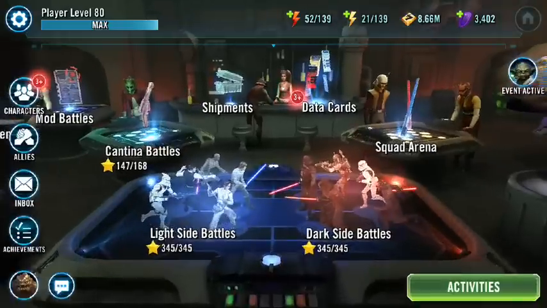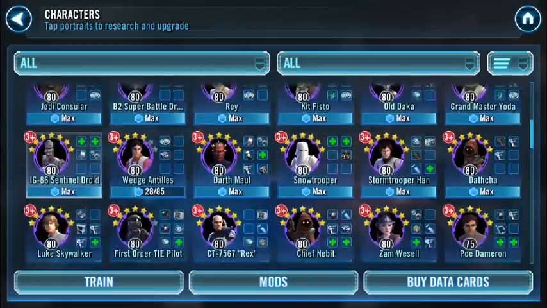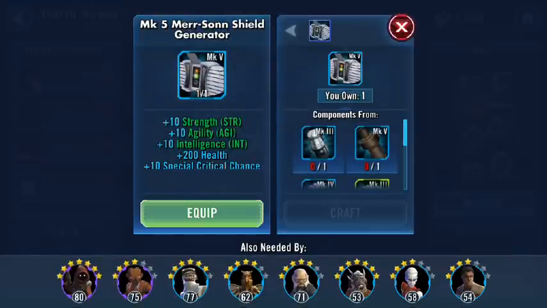And while I'm here, let's go ahead and equip these. That's some under-level gear, not a big deal. And you can see I keep all that to level 3. Let's go ahead and promote him. I now have a 6-star, and that means I am now going to have a little bit of fun with